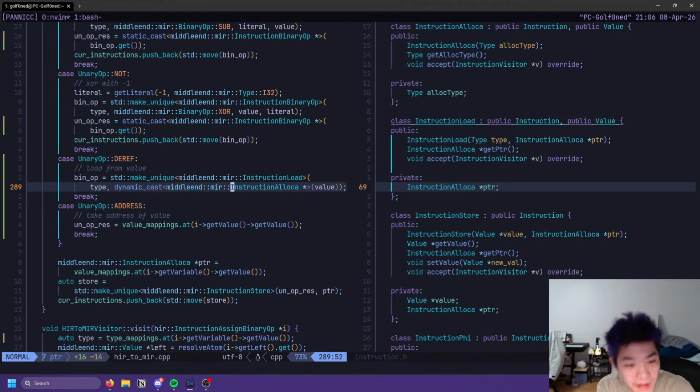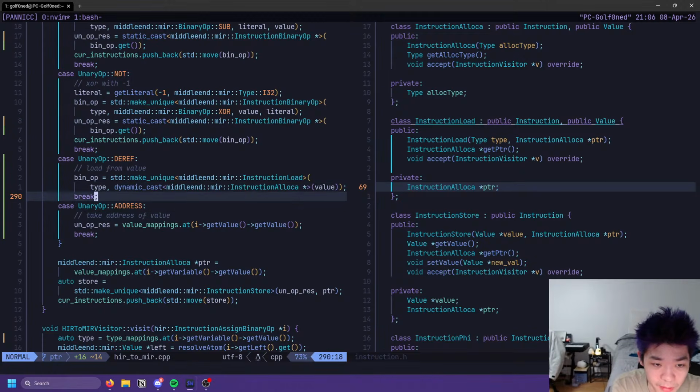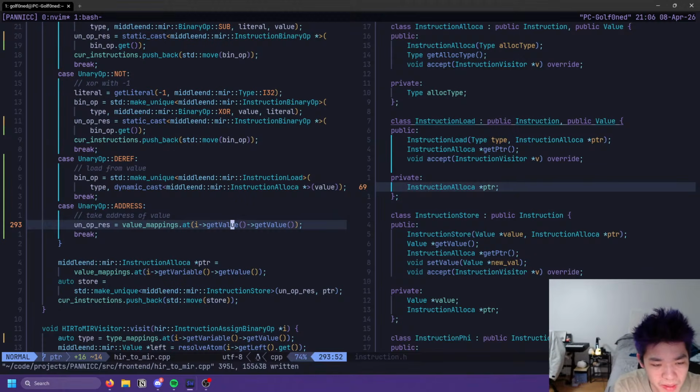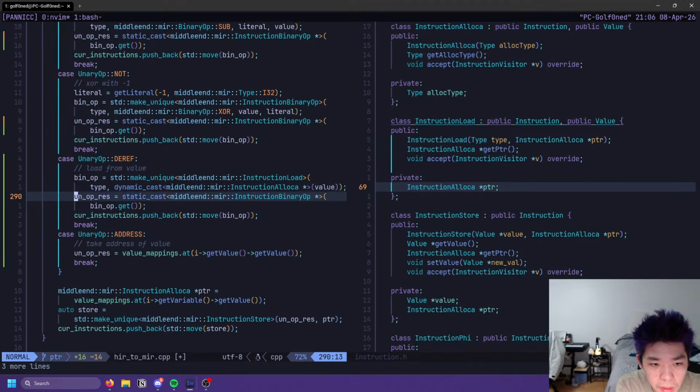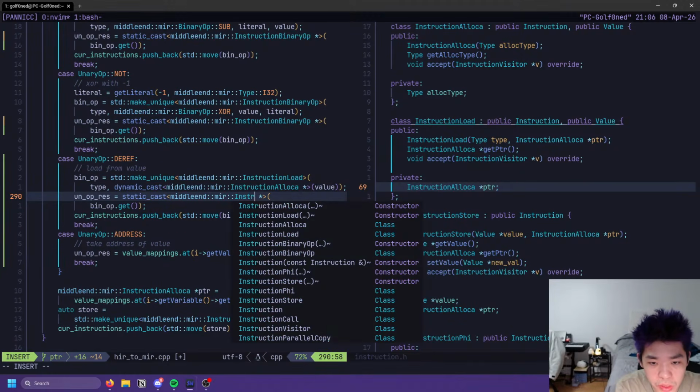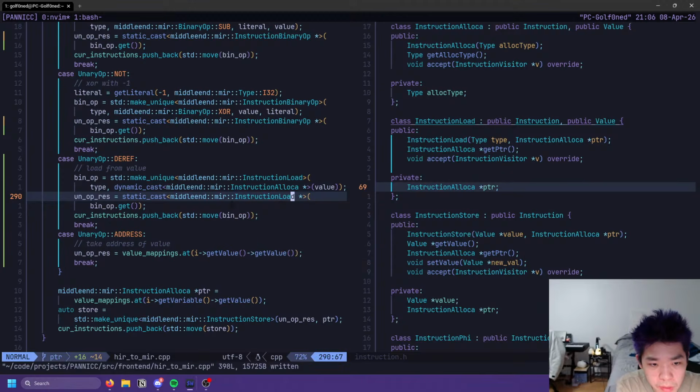Okay, we're just going to try it like this, and if something breaks, we'll look at it when we get there. In the meantime, what is the result of this unary op? I guess we just yoink that, and then this should be instruction load. Yeah, we'll do that.